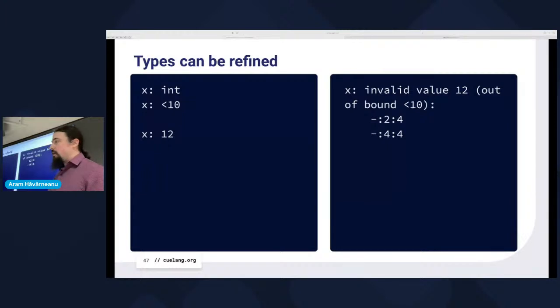And basically, every declaration can make the value only more specific. There's no way to make it more general. There's no way to change anything, because every declaration just asserts something that is true about the value. So we assert that it is an int, we assert that it's less than 10, we try to assert that it's 12, and we fail. So things can only get more and more specific, and there's like an implicit logical end between everything on the top level. There's no ordering or anything like that. It's just a logical end.